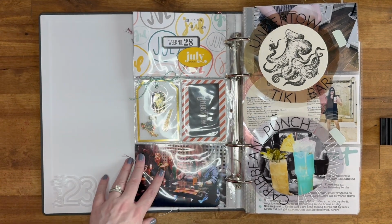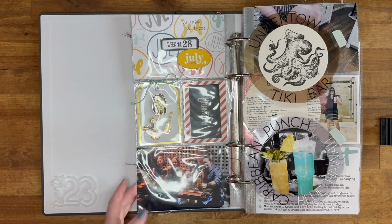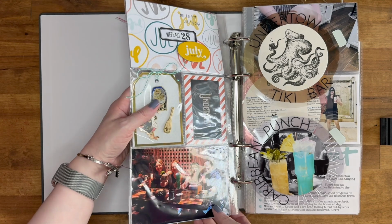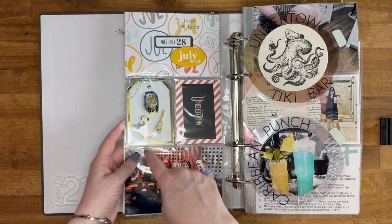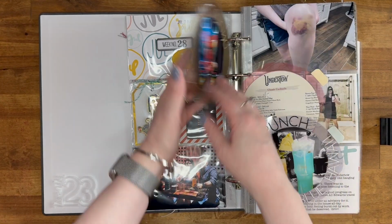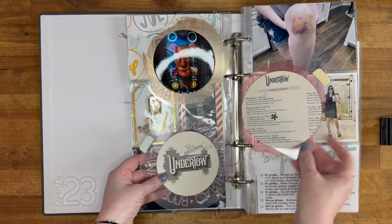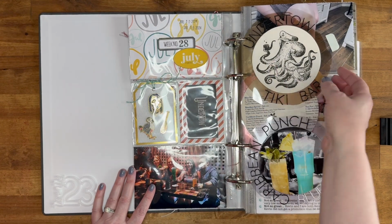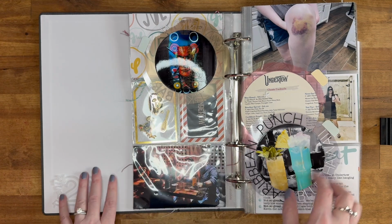Week 28, we went to Undertow, which is a tiki bar with some of our friends. Oh my gosh, you guys, there's so much glare. And I just picked up some pins that they had there. And then I created these circle things just to add more photos. And I used the coasters. I took some of the coasters for the front and then just a picture on the back,